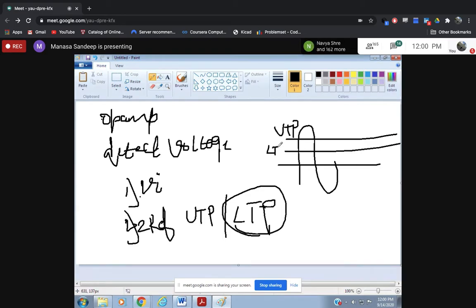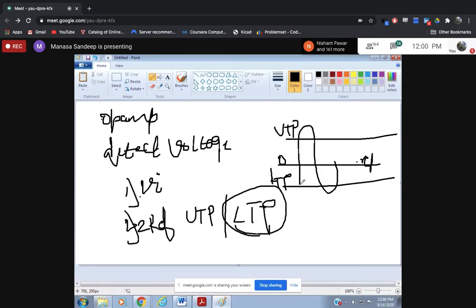If the LTP value is plus 2, then it comes on the positive side above the reference line. If LTP is equal to minus 2, it will come below the reference line, correct? So it depends on the value. Don't come to the conclusion that one should be positive and one should be negative. No, don't fall into any such conclusions. It could be anything. So this is the zero reference line, the ground line. This is the UTP line, and this is the LTP line.